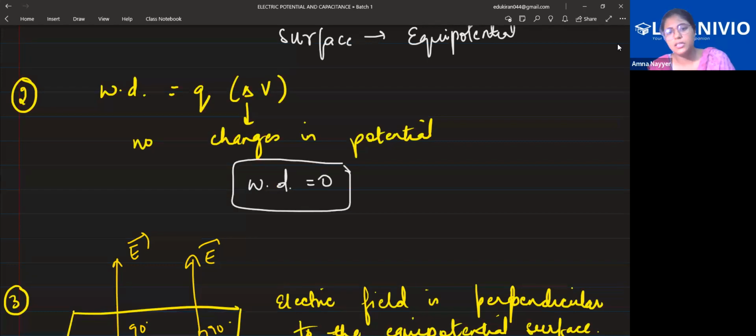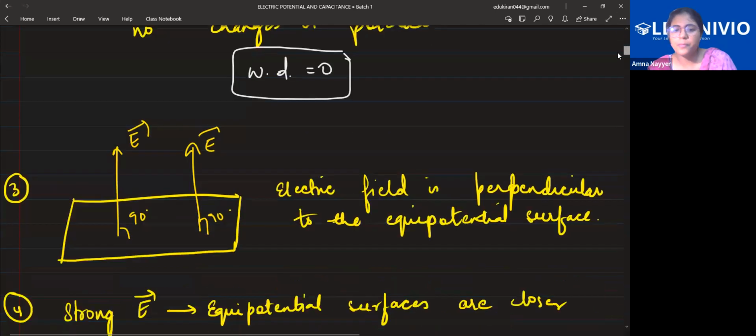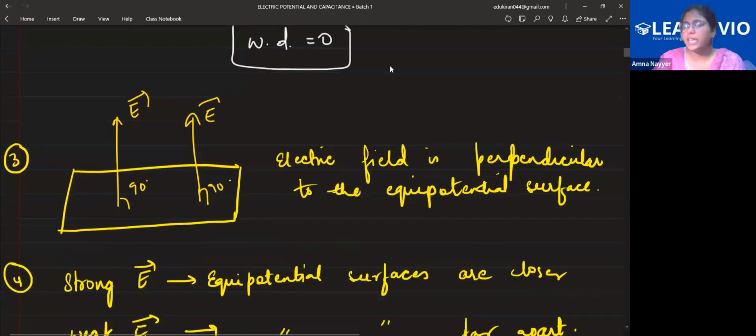Then one more property. Electric field is perpendicular to the equipotential surface. If you see a surface that is equipotential, straight away draw electric field lines perpendicular to it. Electric field lines are drawn perpendicular to the equipotential surface. Now class,